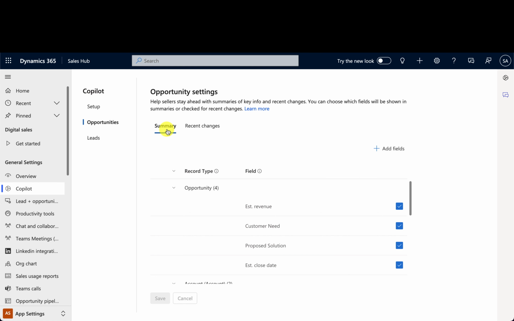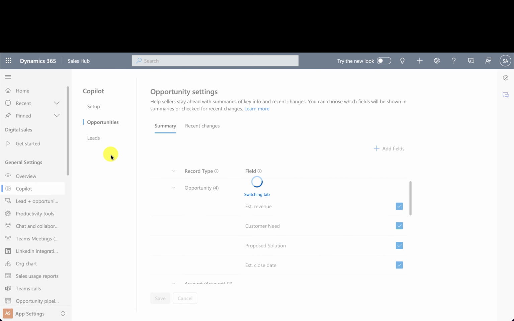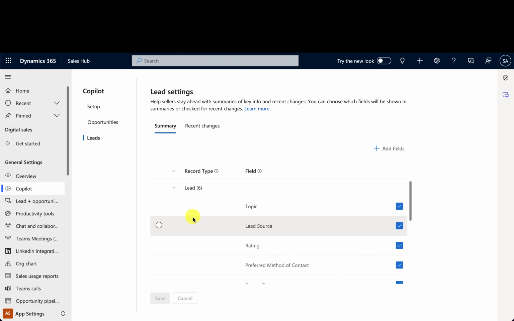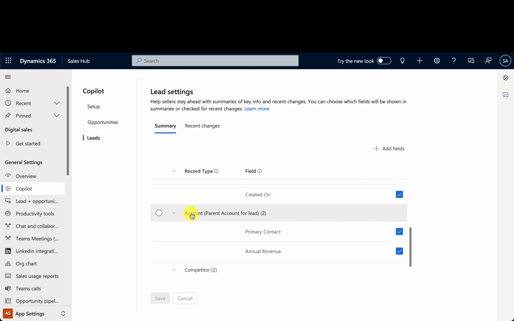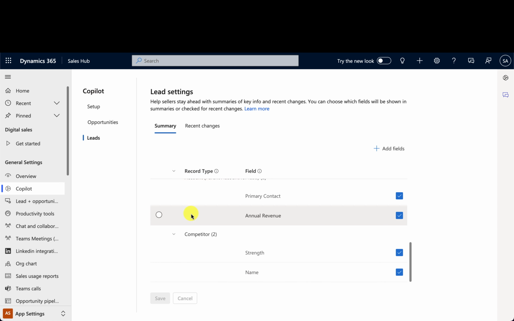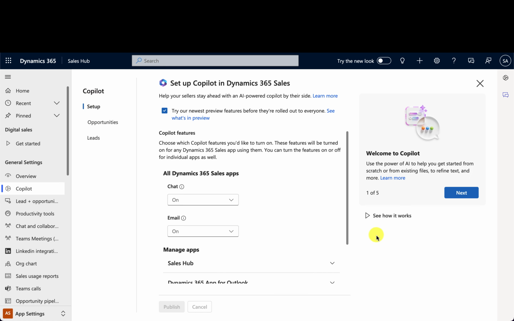And then I'll be provided with a list of changes for those specific fields. And I get the same options under the Leads tab on the left-hand side. So for the lead, the account, and the competitor record, I can do the same field updates, both for summaries and for recent changes.